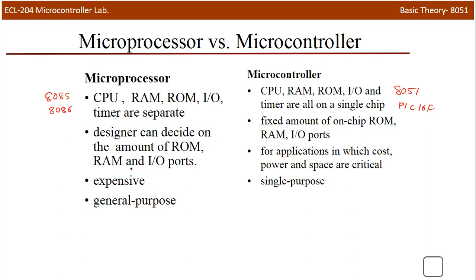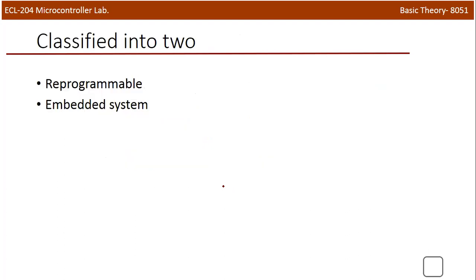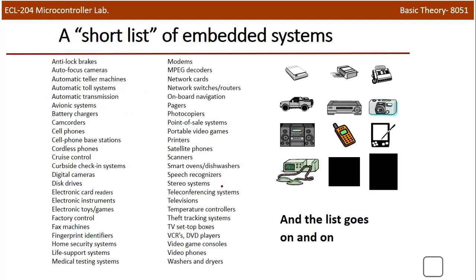So usually microcontrollers are cost effective. Now another point, when you discuss microprocessor and microcontroller, microprocessors are generally used for general purpose, and you can consider them as a computer system. Okay. But microcontrollers are normally used for a single purpose, or we will call it an embedded system. So I'll give you some examples for embedded systems. When you design any computer system, there can be two types of system mainly. One is a reprogrammable system, and another one is known as an embedded system. And these are some examples for embedded systems.